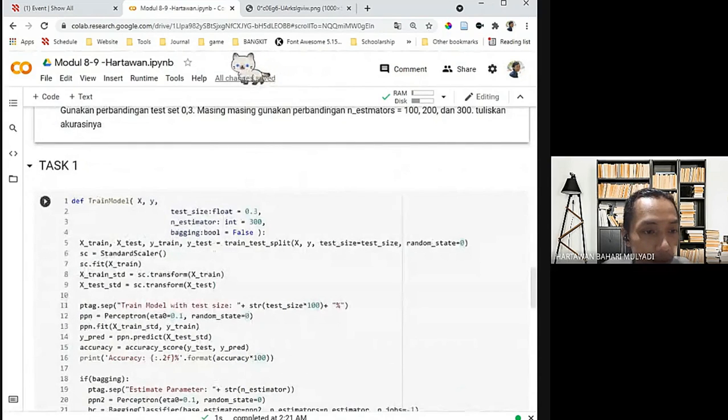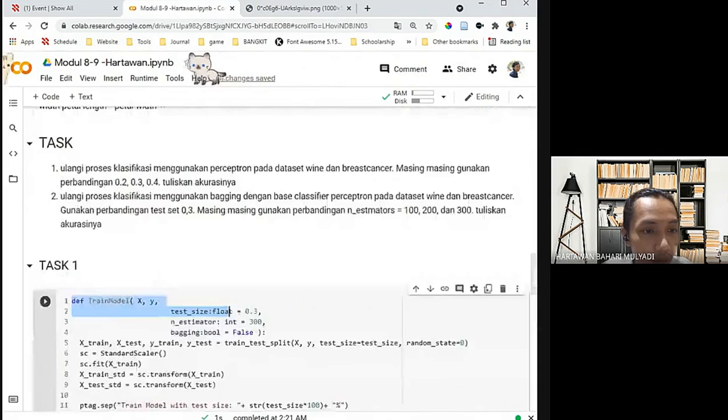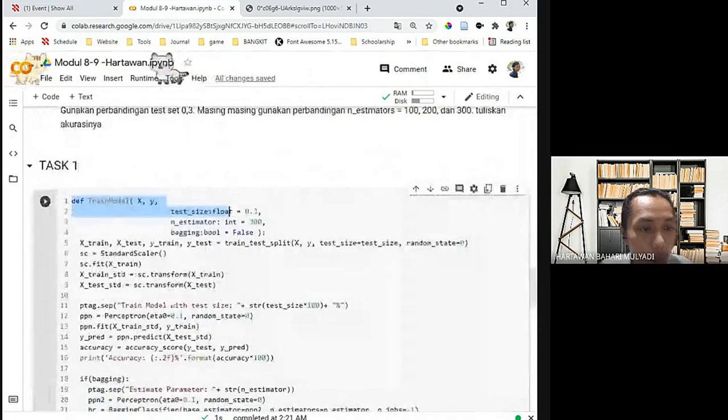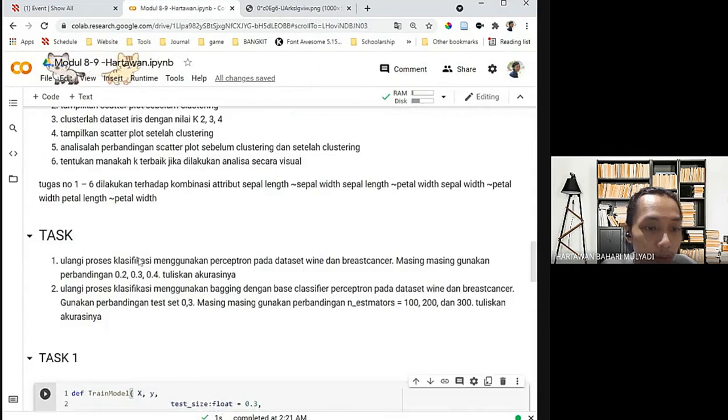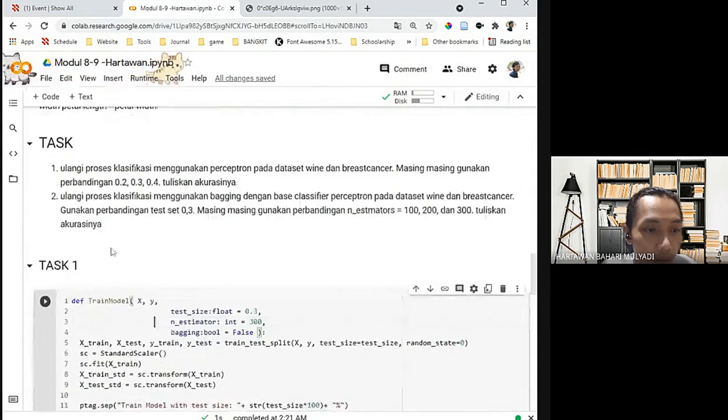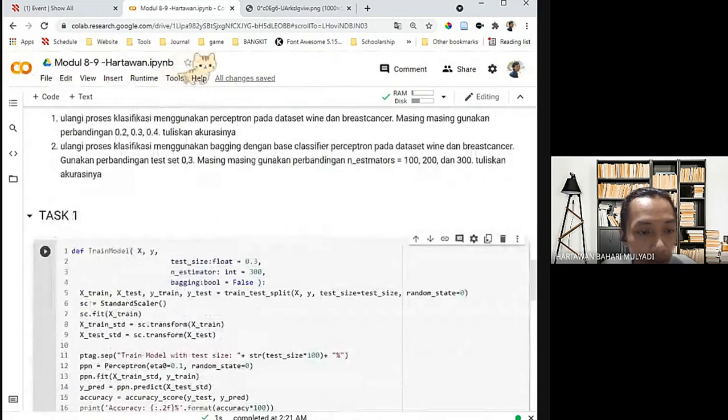Okay, heading to how to solve this problem. I created one function that is able to solve task one and task two. Here we set x and y as parameters, where x is the data from the dataset and y is the target.